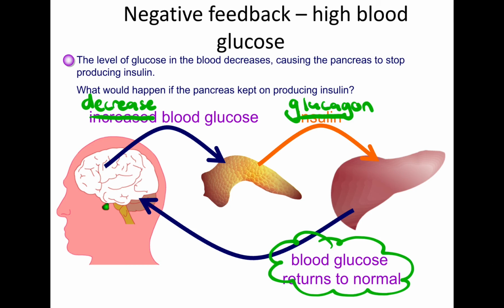So this is essentially what negative feedback is. It can control when blood levels are too high, and it can also control when blood levels are too low. When the hormone has had the desired effect, in either case, the body will stop producing the hormone. So that is a quick introduction to negative feedback and homeostasis in the body. So just a quick definition: homeostasis is the maintenance of a constant internal environment within the body. Part of this is the control of glucose levels, and glucose levels are maintained within our blood by a process known as negative feedback.